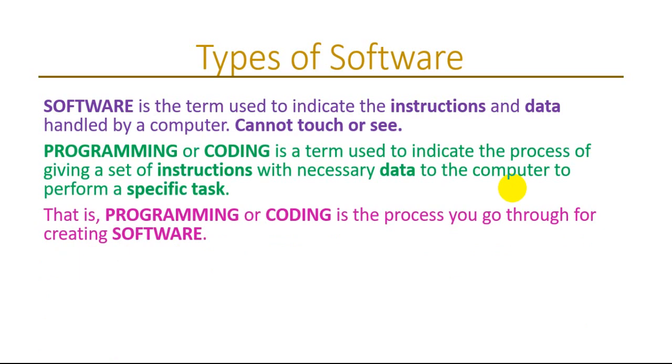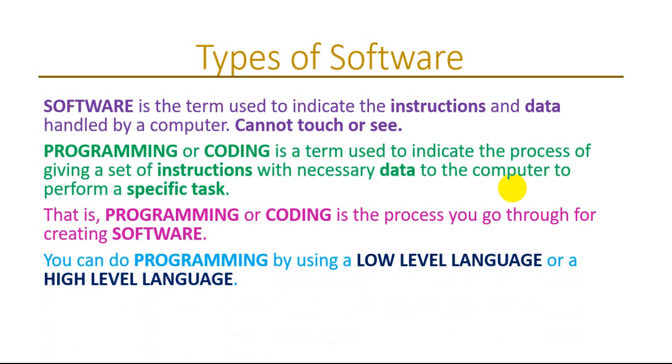To rephrase that in another way, programming or coding is the process you go through for creating software. So if you want to create some software, what you have to do is program or code. Okay, so that is the process that you run through, and the end product of that generally is the software that you have created. Okay,